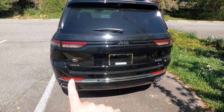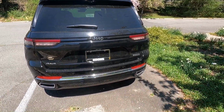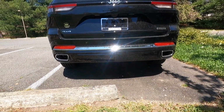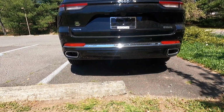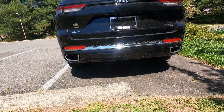You also get 2 reflectors, one on this side, one on that side, and you get a chrome trim piece that connects those 2 reflectors together. Coming down just a touch more, you get a dual exhaust with chrome exhaust tips and a body color rear valance. If you guys were wondering about the max tow capacity, the max tow capacity of this particular Grand Cherokee